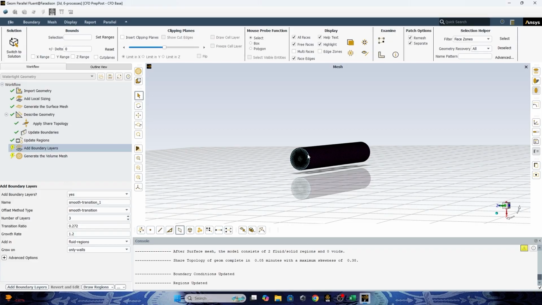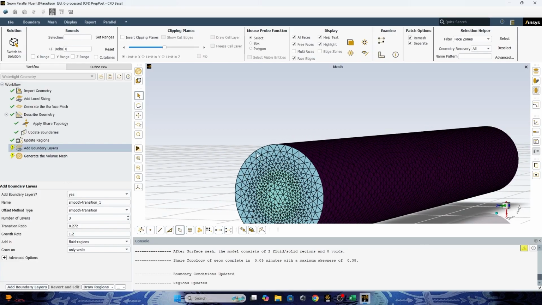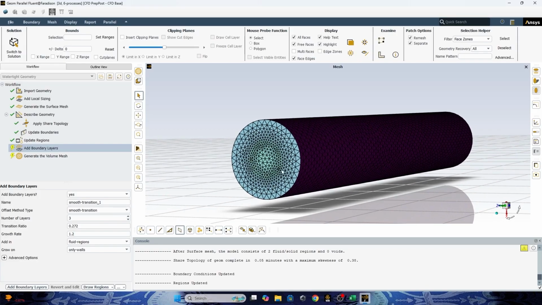And then for the boundary layers, each fluid has its own boundary layer, and you can choose the number of layers for your fluid regions. The higher the number, the more precise. I will do the default setup here.